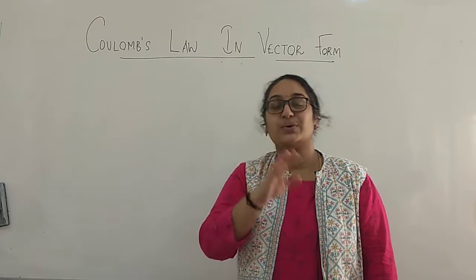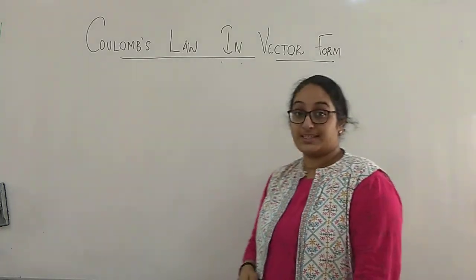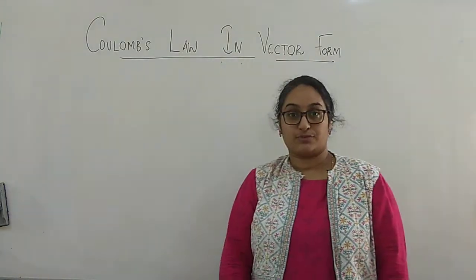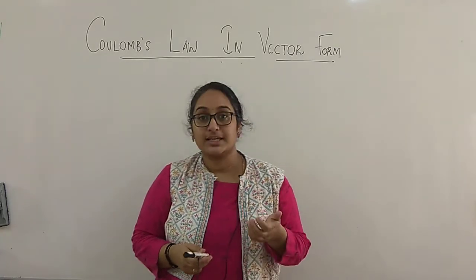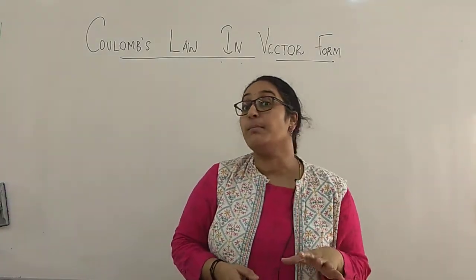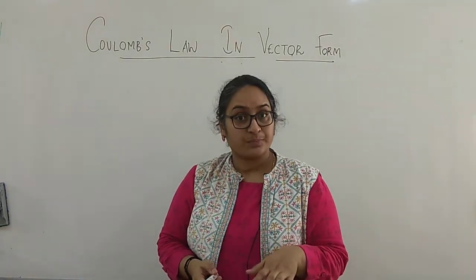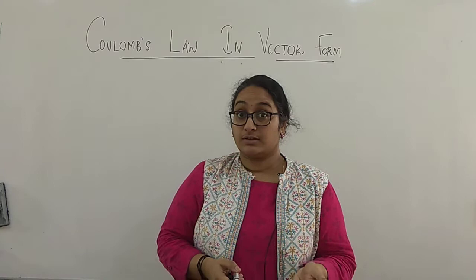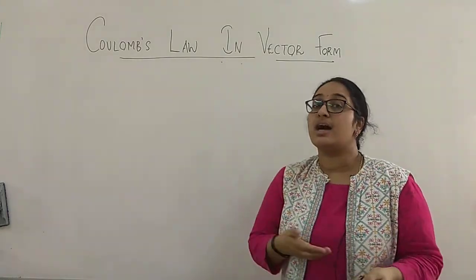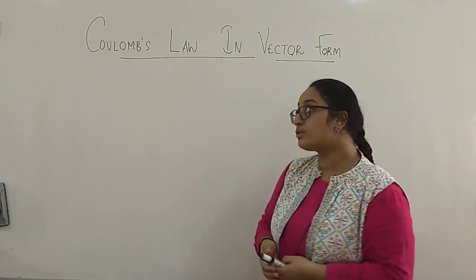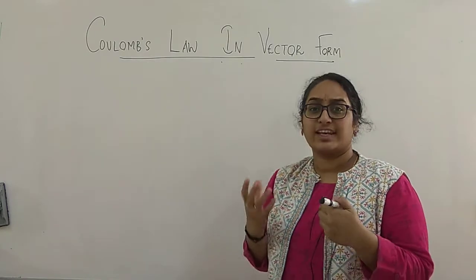Like we have discussed Coulomb's law in electrostatics in the previous video, I want all of you to go back and go through the video so that you understand what Coulomb's law is. Today's topic is Coulomb's law in vector form. In the PUC board examination, Coulomb's law is a very important question, can be asked for 2 or 3 marks, asked very frequently. Then again, we have problems based on that. Vector form is another question which they ask for the boards. So Coulomb's law in vector form, how to understand it in a very simple manner?